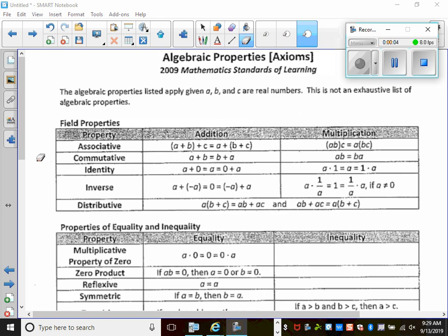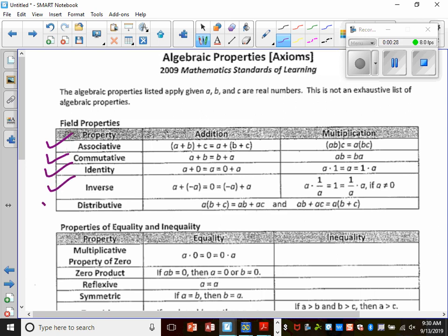All right, so what you'll see is it says algebraic properties. And like I said, you already know how to do probably the first seven. If you look at this page here, I would think everyone knows the associative property, commutative property, identity, inverse, distributive we use all the time, multiplication property of zero, at least those that you have talked about